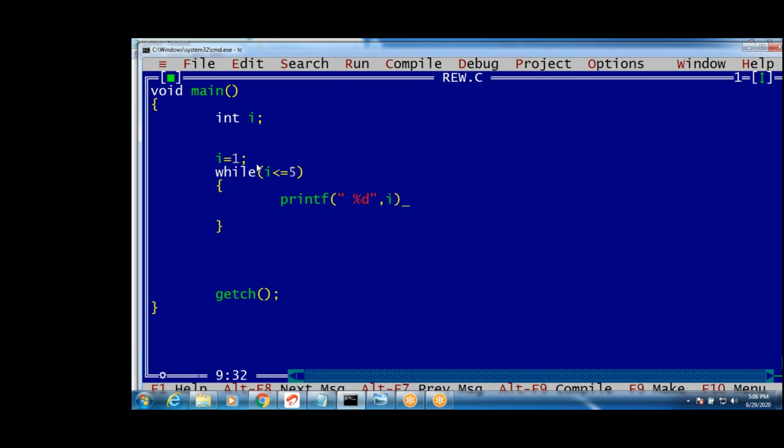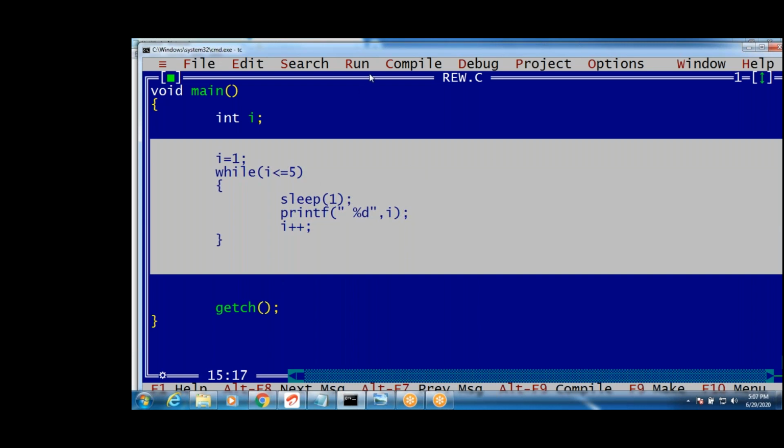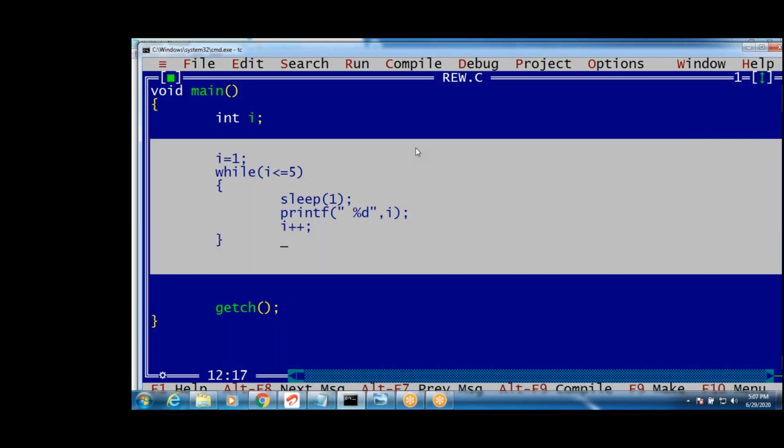How it executes? One by one value it executes. Can I write a sleep function? Yes, for your understanding, how it executes. See once, what is the output? Write this selected area only. See this. How it executes? First 1. 1 less than or equals to 5. 2. 2 less than or equals to 5. 3 less than or equals to 5. 4 less than or equals to 5. 5 less than or equals to 5. If I write slash n, it generates output in the next line, guys. Slash n I want to write. See once. If I execute, 1, 2, 3, 4, 5. Whenever it reaches 5, the output is 1, 2, 3, 4, 5.